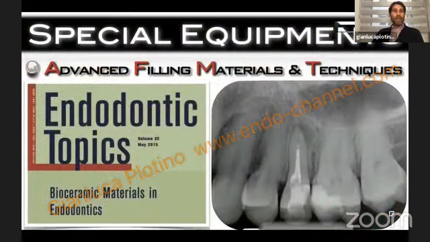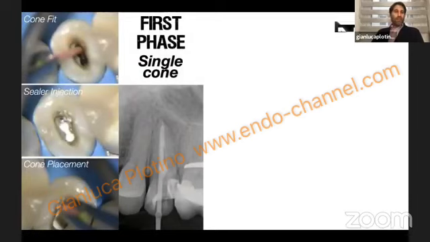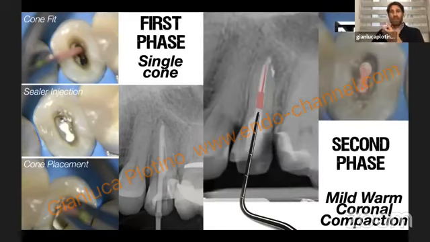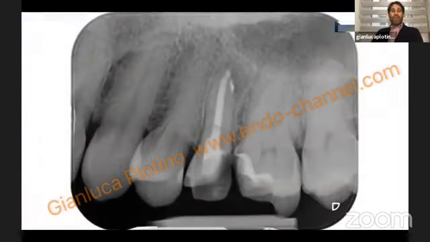So you need advanced filling materials and techniques, for example, to fill the root canals, being sure and safe that you are reaching the apical third, even in a narrow or small instrumented root canal. For example, the bioceramic sealers, together with a modified mild warm coronal compaction, may help us to fill the root canals in such cases, or in some cases in which you are minimally invasive.